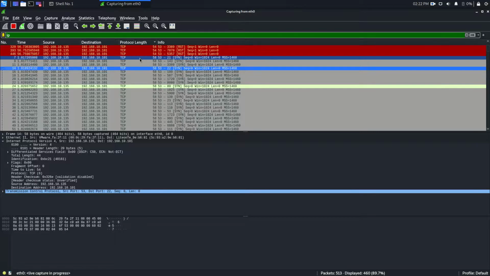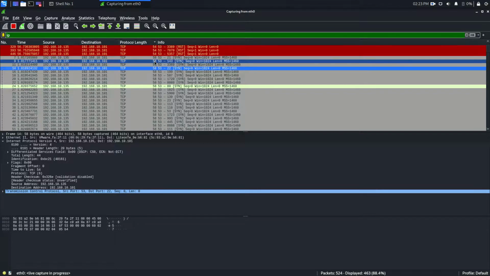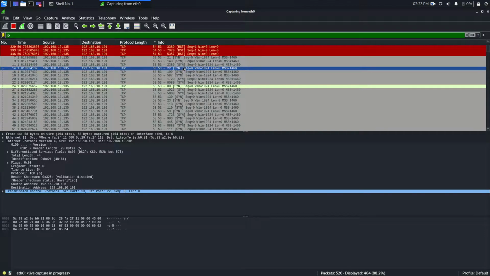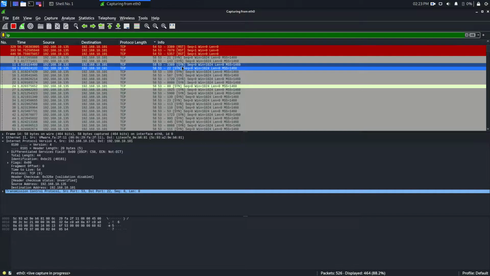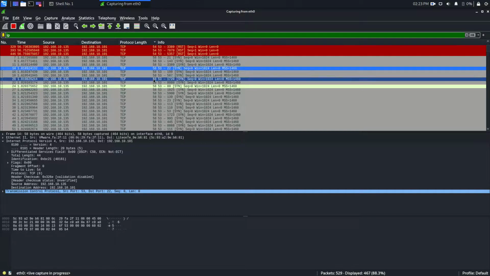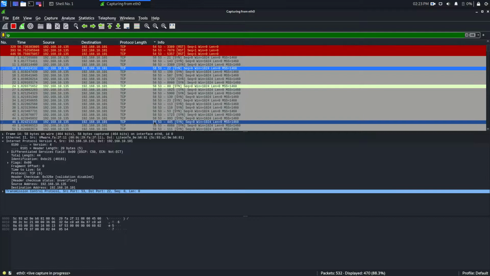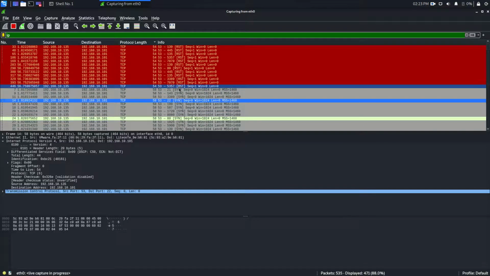If you look closely, wherever you send the SYN flag in the TCP header, you will find that the length is 58. Everywhere you send the SYN packet, you will find the length is 58, 58, 58, 58. And once you send the reset flag, your length is different. That is 54, 54, 54.